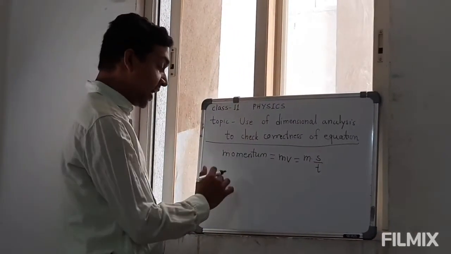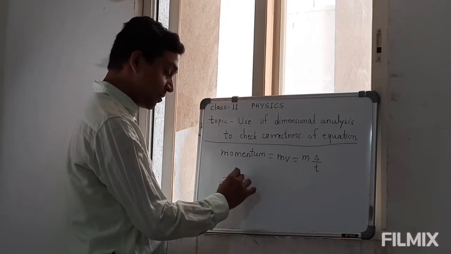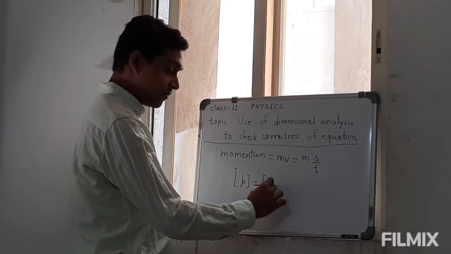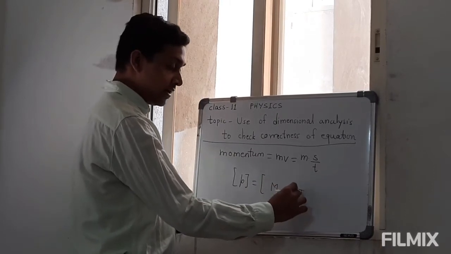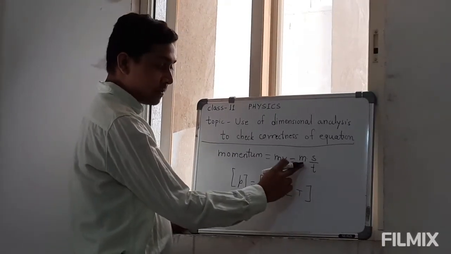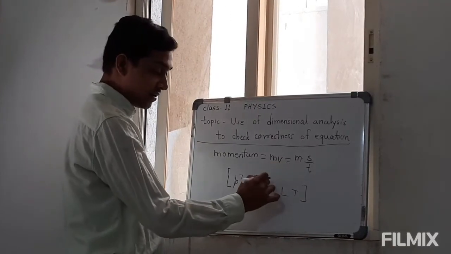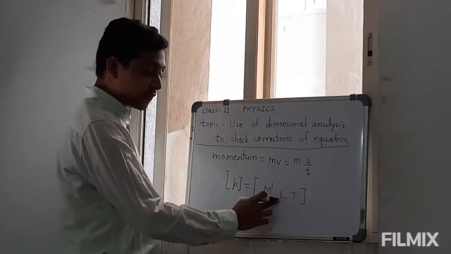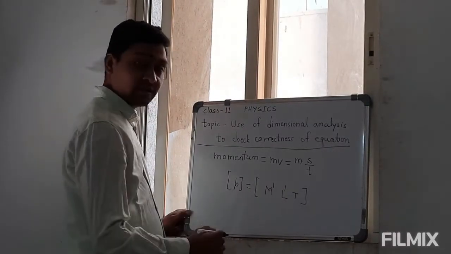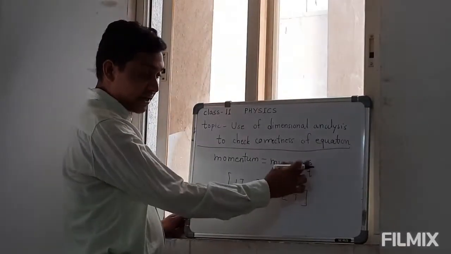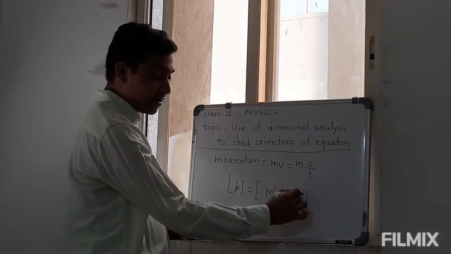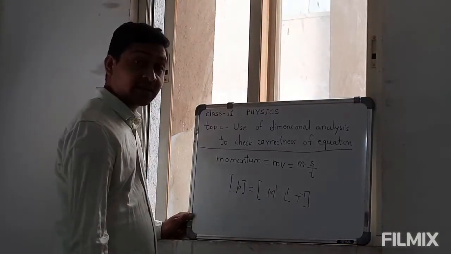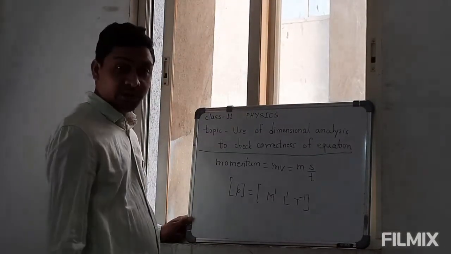Now we can find the dimension of momentum. The symbol for it is p. Dimensions will be in the form of M, L and T. Here mass is there, so we can write M1. S stands for displacement, and displacement corresponds to length, so we can write L1. And here it is t, which is at the denominator, so we can write T to the power -1. So M1 L1 T-1 are the dimensions for the momentum.